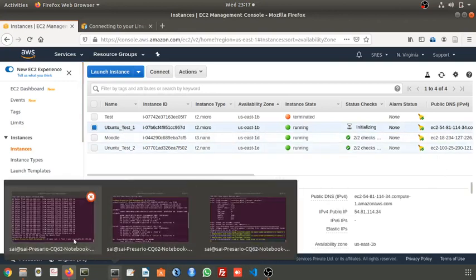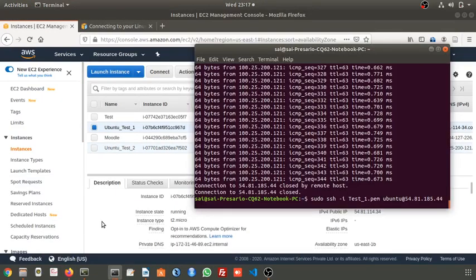Earlier, what was the IP address? It was 54.81.185.44. That means when you reboot your instance, if a static IP, that is an Elastic IP, is not assigned, every time the IP will get changed. So again, if you want to connect, you have to use this.